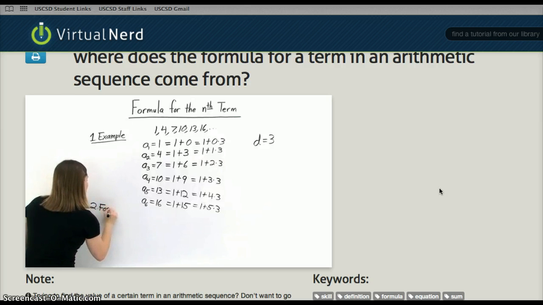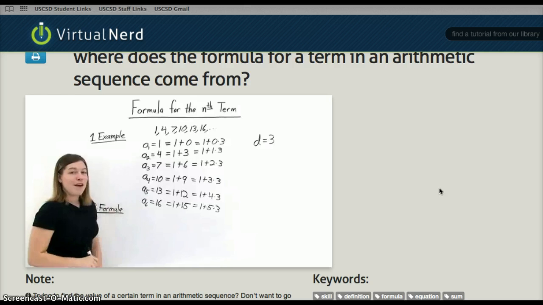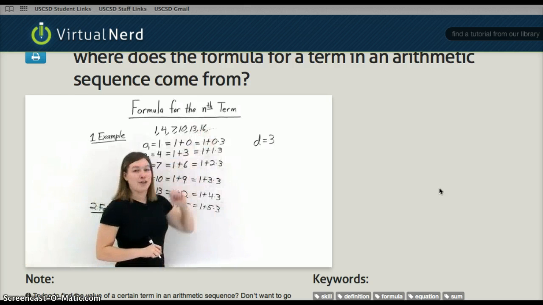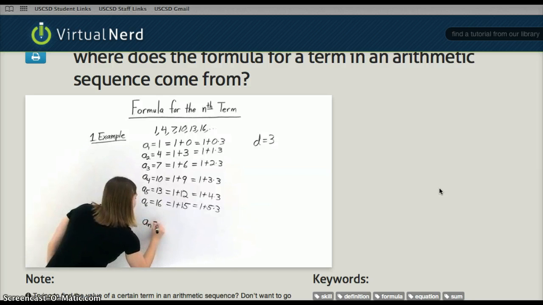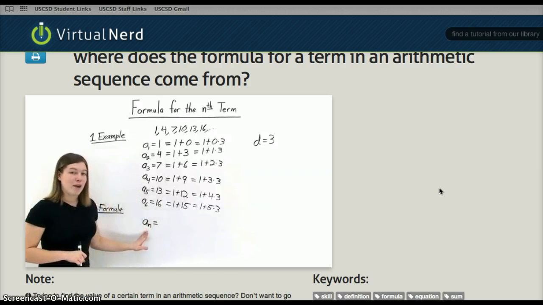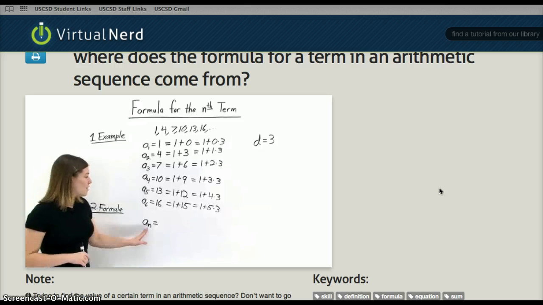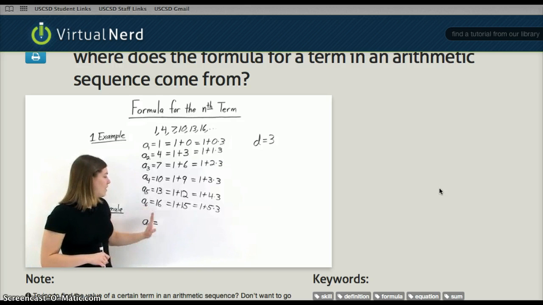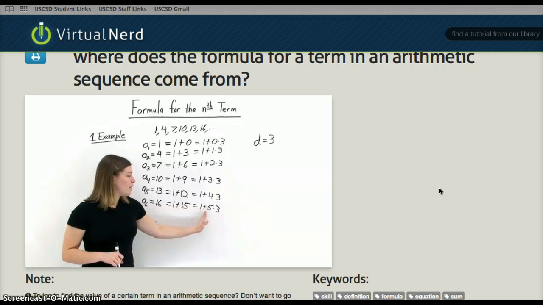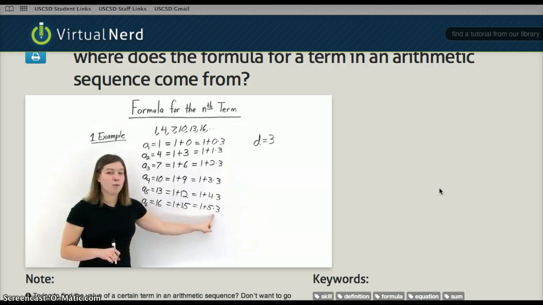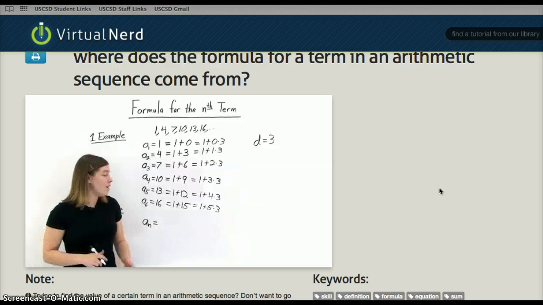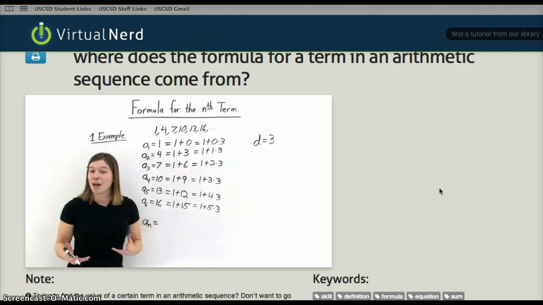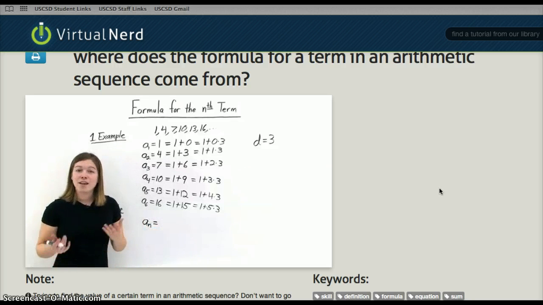Please write this down. Let's take our pattern and write it out as a formula. And for this formula, we want the nth term. So we want a sub n. Now what is a sub n equal to? Well, let's look. For a sub 6, we need 1 plus our index minus 1 times 3. So say if we wanted a sub 10, we would need to take 1 plus 9 times 3, because 10